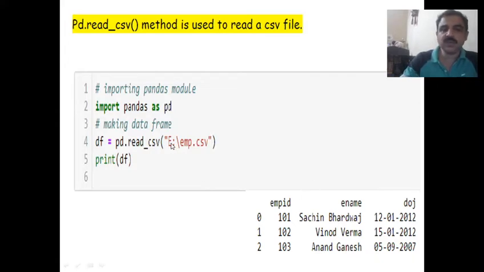You need to specify the path also. If the CSV file is in the same folder where you are storing the Python file, then you need not specify this. Otherwise you need to specify E colon slash. For example, if you have data in my folder, you specify my folder, then specify the file name. This path is to be followed. Then if you write print df, the data which is read from the CSV file will be displayed as a data frame. This is just an example here. I'll show you a real example through the programs also.